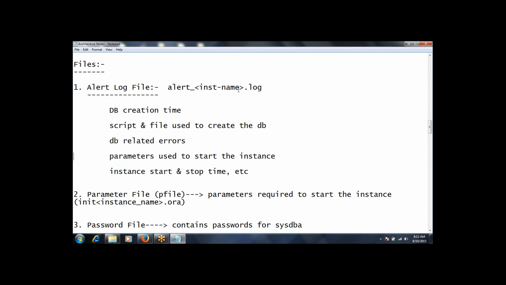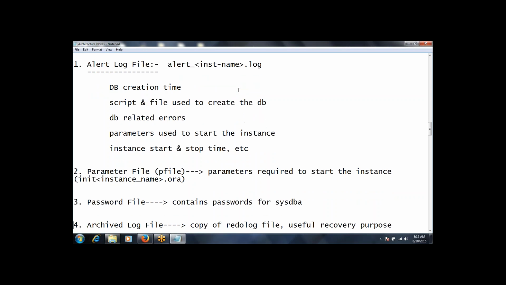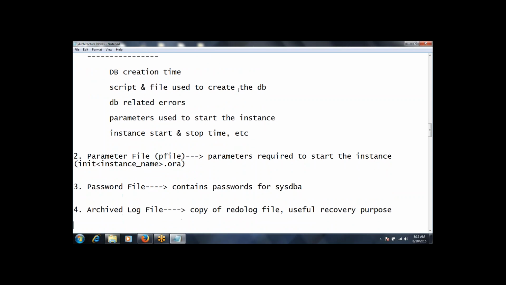Next, P file or parameter file. It contains certain parameters that are required or mandatory to start the database or instance. And here the notation is init and the instance name or database name.